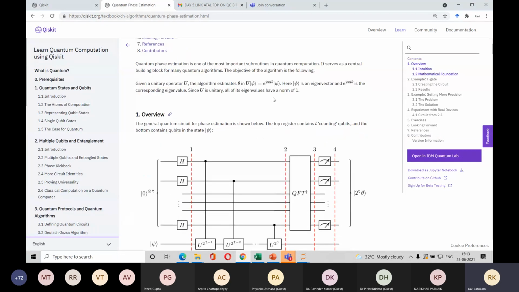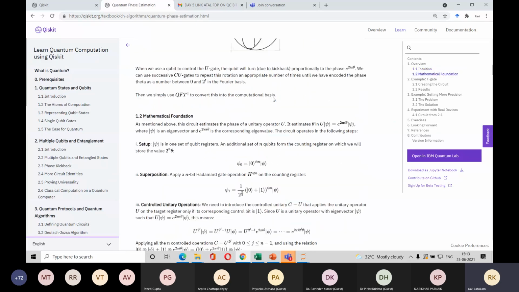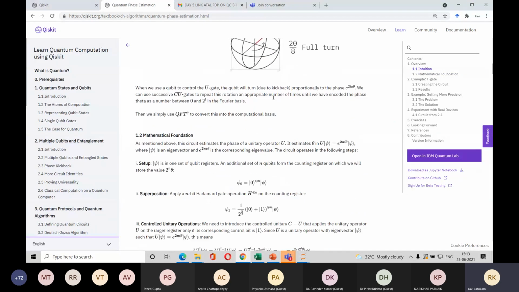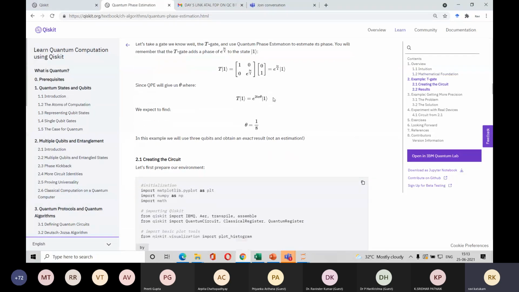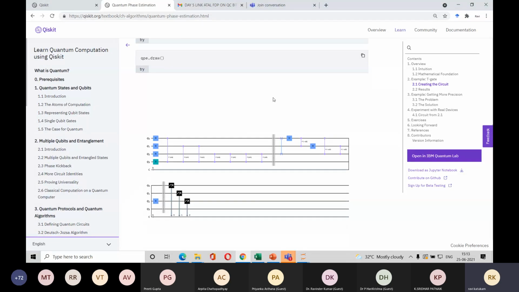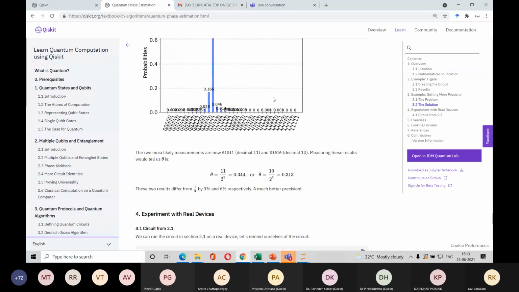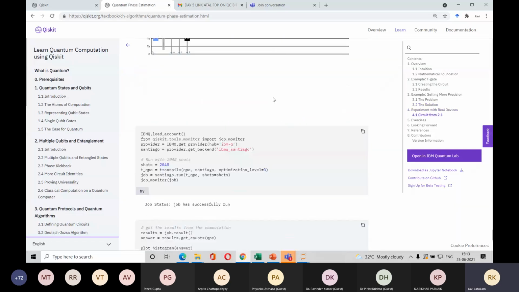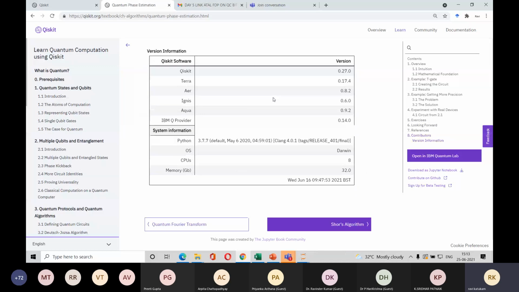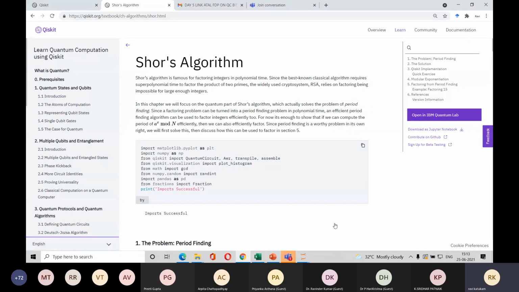You can find the current phase using these operations, phase estimation, and it will take a lot of time to go through each of these states. That's why we are not going into detail. But if you are interested, you can run through all these steps one by one, and then you will definitely see. It's a huge exercise, not that simple to go through each step. In this course I'm introducing each of these algorithms at a high level, and in the next-level course you can go through each of them.